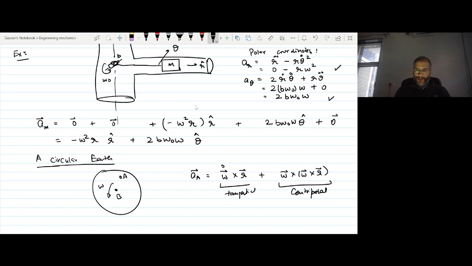Okay, I mean this circular earth. It is simply because the earth is rotating with omega around its axis. So these tangential and centripetal terms appear because of that. But on the other hand, the other two terms, the Coriolis term and the relative acceleration, they are there because of the movement of A on the surface. Okay. So one must develop this intuition that even on the surface of earth, if a movement of something happens, because earth is also rotating actually,